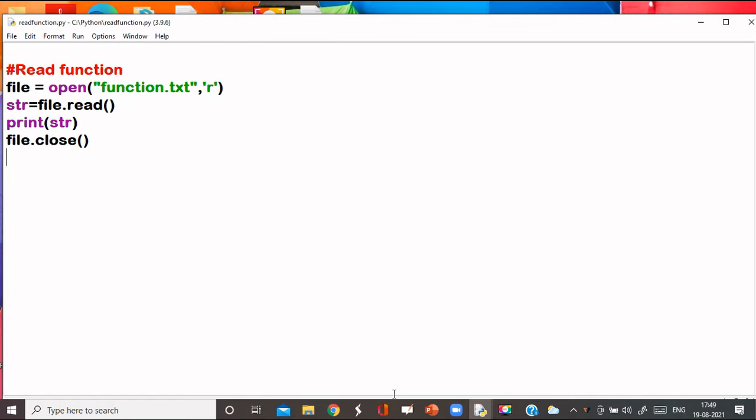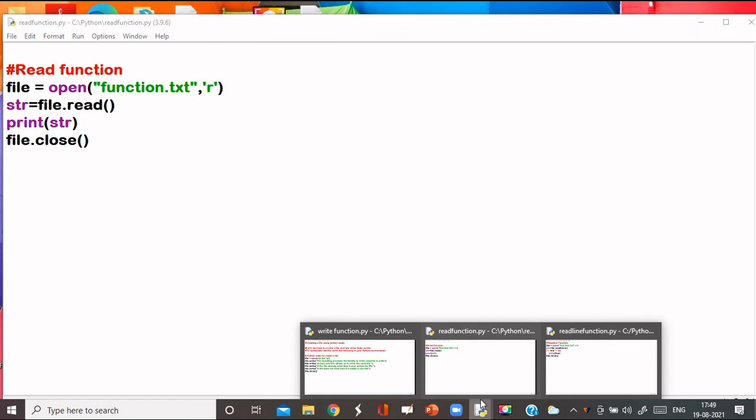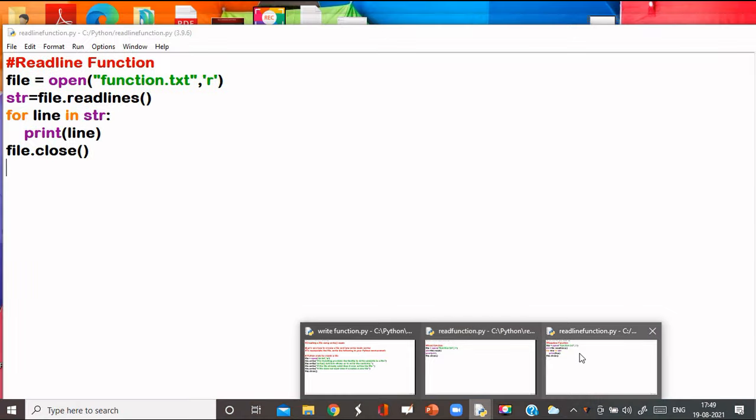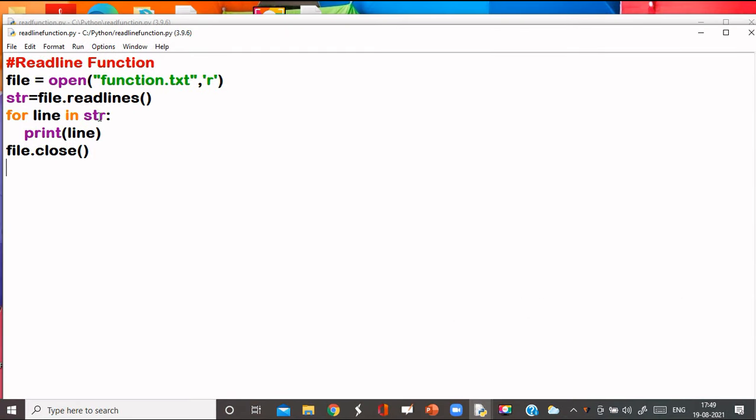Now the next demonstration is the readline function. The readline function reads all the lines of the file, and it displays them line by line. The only difference between read and readline is that readline reads the contents line by line, and the read function reads all the contents at a time.